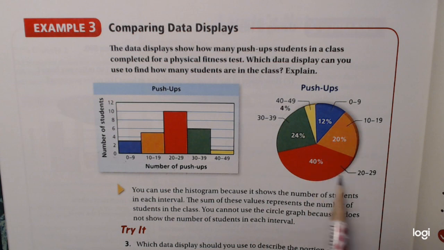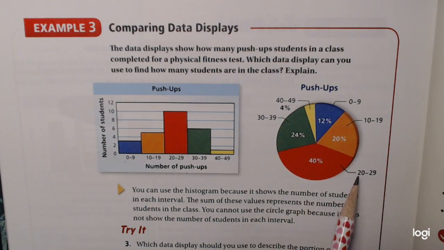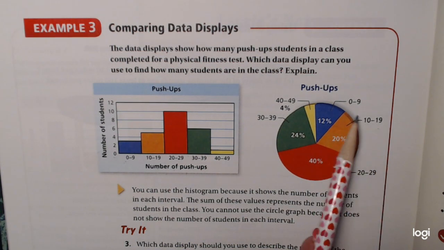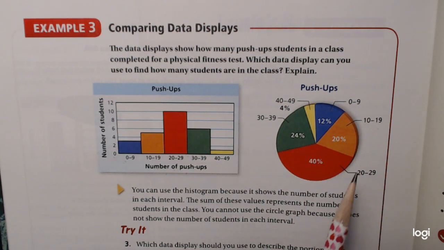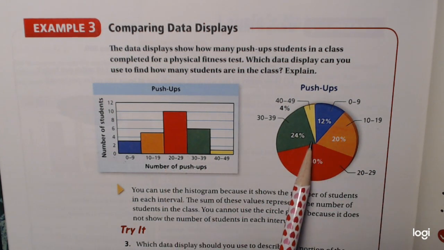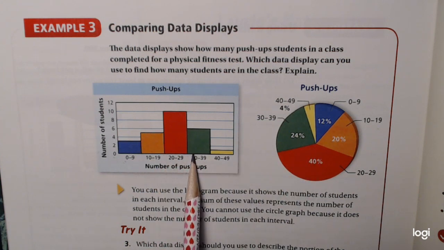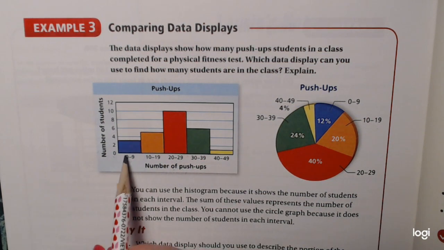Here we have a circle graph. This here says 40%. 40% of the students did 20 to 29 push-ups. 20% did 10 to 19, and so forth. So if you look at these two graphs, which data display do you think you will use to find how many students are in the class? You're correct. This is the histogram is the one we're going to use because the histogram actually tells me that